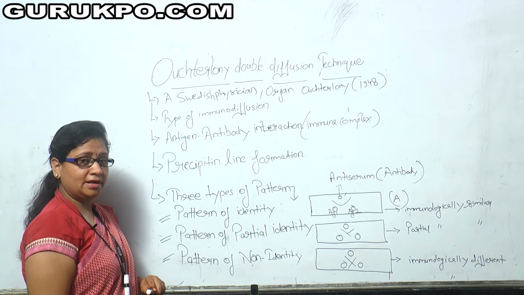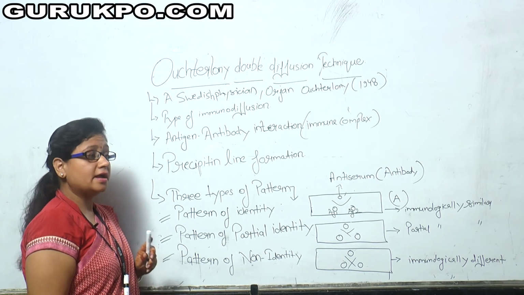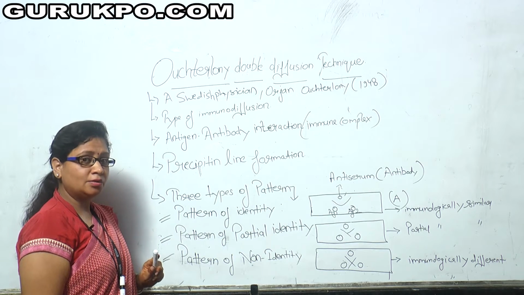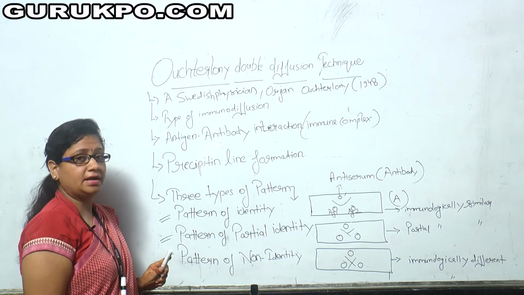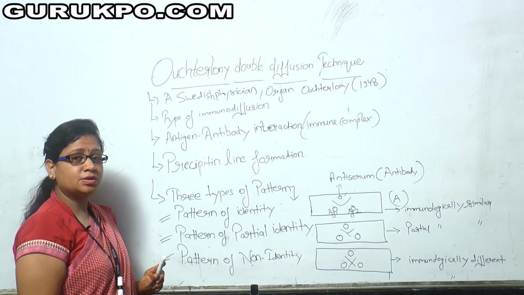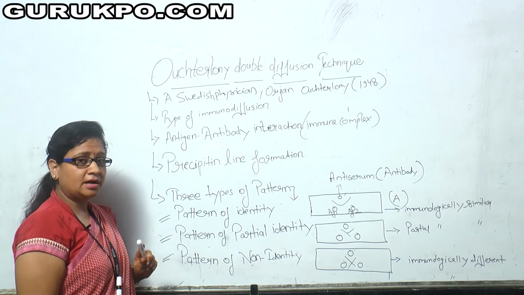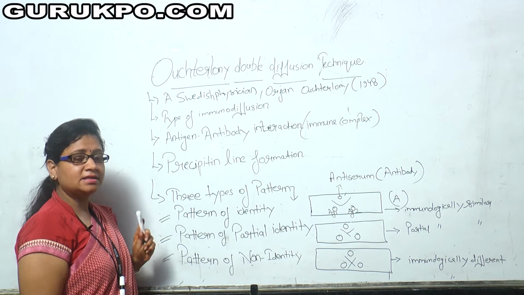As we all know, the key reaction of all immune defense systems of our body is the interaction between antigen and antibody. Antigens are foreign materials which interact with their respective antibody, and this all depends on the antibody's specific nature to identify the antigen. Both are complements of each other. Now the next thing is that we are learning this technique.